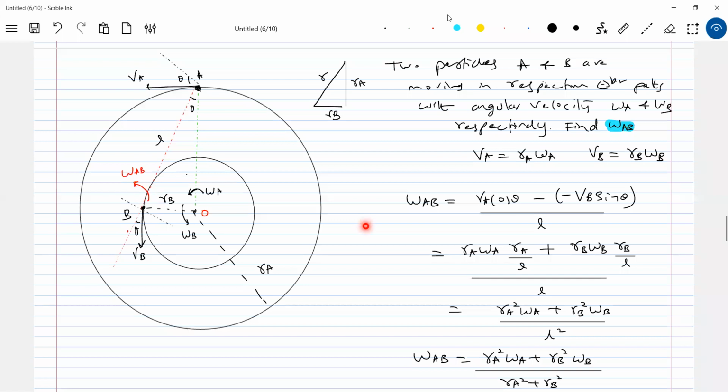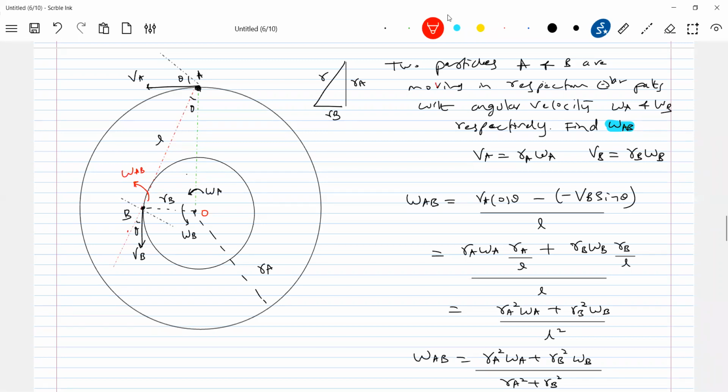So if the particles revolve in different circles, then can you find out angular velocity of one with respect to other? The same basic formula. What is the first thing you have to calculate? The distance, the separation between the particles A and B, that should be calculated. And here I took some simple case. You may give any arbitrary case here, where you have to bring the concept of circles. Okay, got this? That mathematics is what will come into picture. You have to be alert. Okay, now this about the particles like this, we brought it.